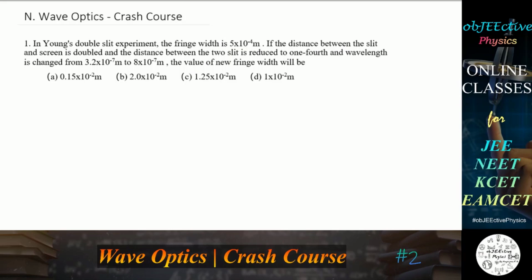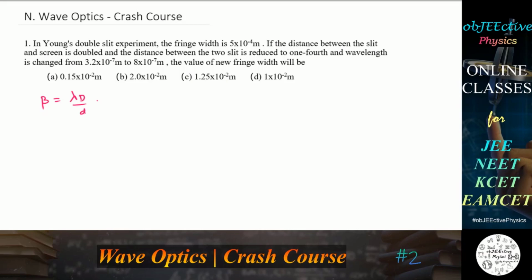In Young's double slit experiment, the fringe width is 5 × 10^-4 meter. If the distance between the slit and screen is doubled and the distance between the two slits is reduced to 1/4, and the wavelength is changed from 3.2 × 10^-7 meters to 8 × 10^-7 meters, the value of the new fringe width will be? We know that beta is equal to lambda into capital D by small d,